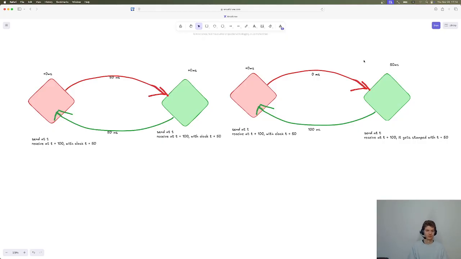So in other words, you can't actually, using just the time measurement,